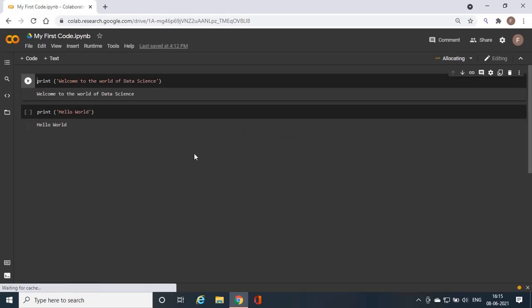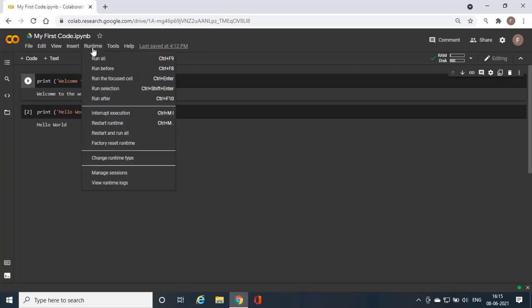Okay, so in terms of kernel, like in Jupyter Notebook, we have a kernel. In some cases, the notebook gets stuck or is not responding. So in that case, we restart the kernel in Jupyter Notebook. But in Google Colab, instead of kernel, we have this option called runtime. So we have this runtime in Google Colab, and we can click on restart runtime. If I'm not able to execute my code, if I'm not able to run my code, I'll click on restart runtime.